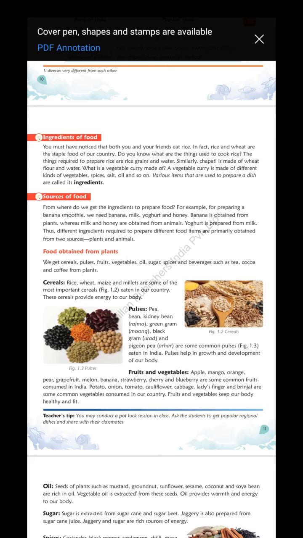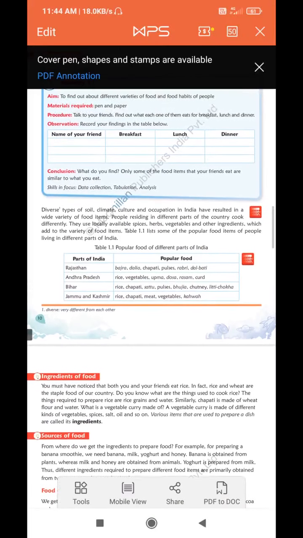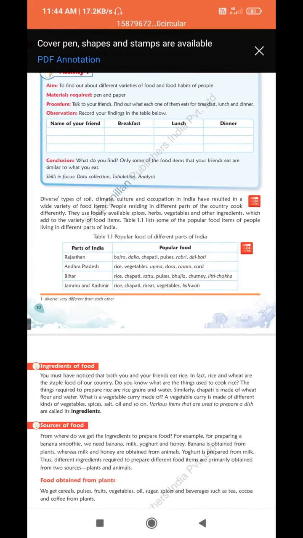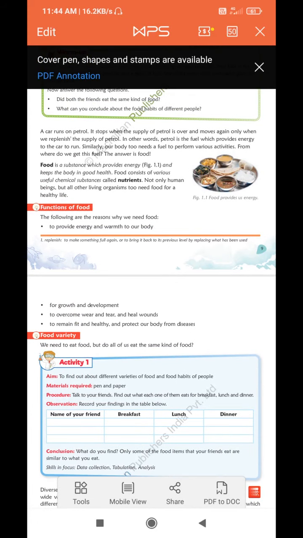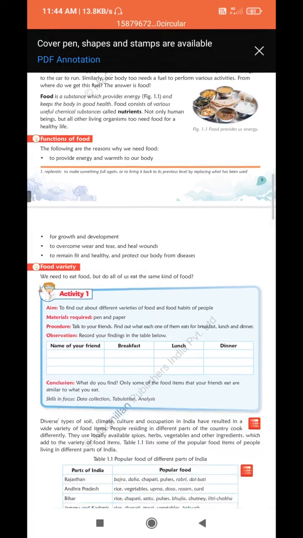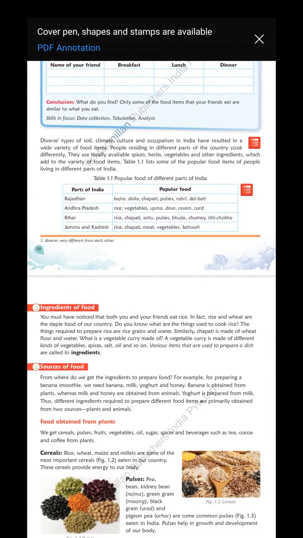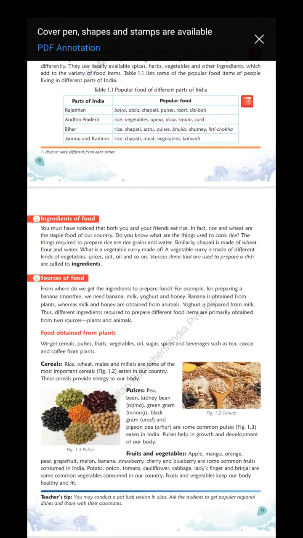Ingredients, what are the ingredients? First one under that is cereals. Okay, cereals. And the nutrients needed by our body, we'll discuss in food components completely. Coming to the ingredients, cereals is the first thing. So these are cereals, pulses. Next one is pulses. And fruits, vegetables, oil, sugar, spices, and beverages such as tea and cocoa powder. These are some beverages.